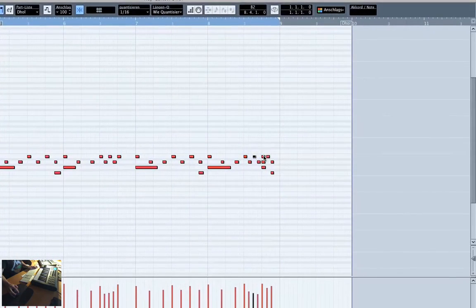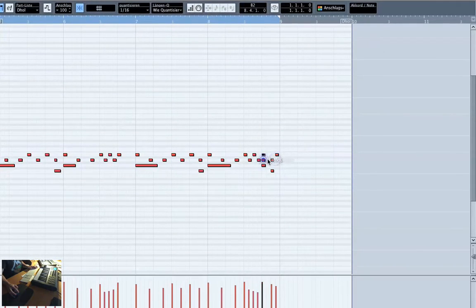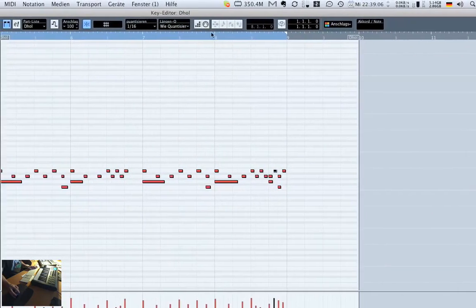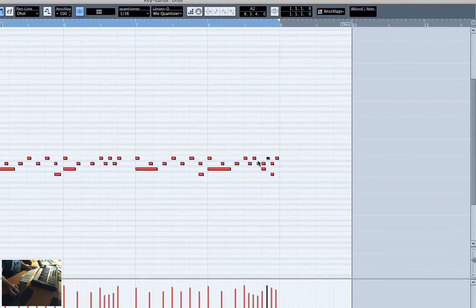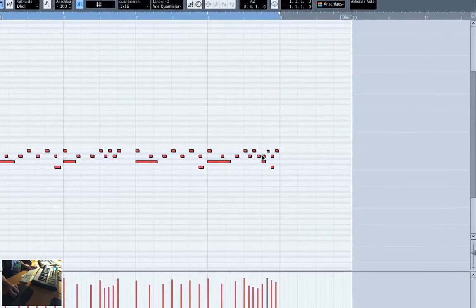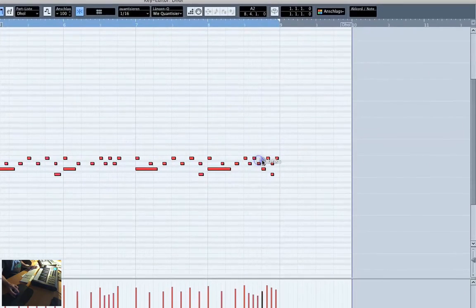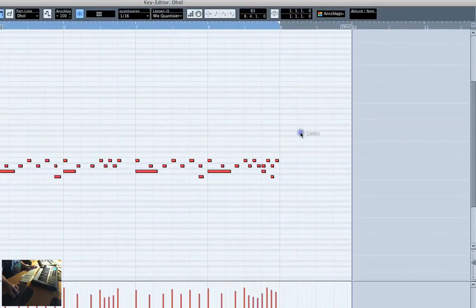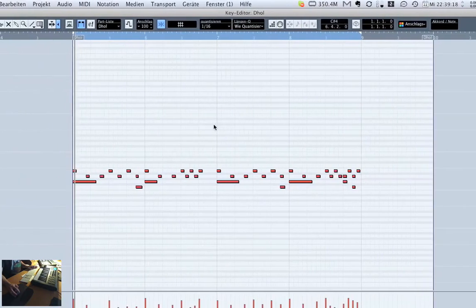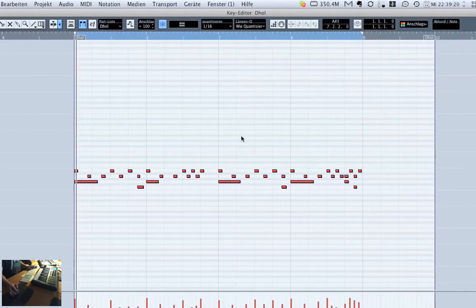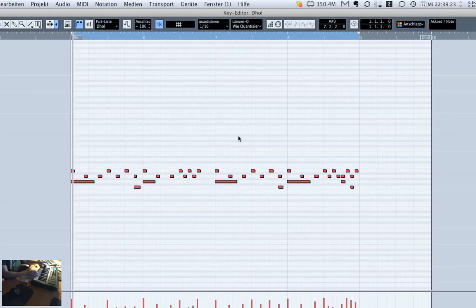Oops. Just fix that by dragging the notes. Since we have a lot of round robin programmed samples here, it doesn't really matter if you hit the same key twice. So there's enough round robin going on and velocity, so you don't have to worry about a machine gun effect. Okay, the next thing I'm doing,